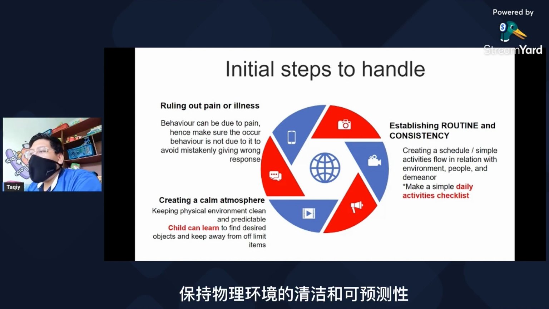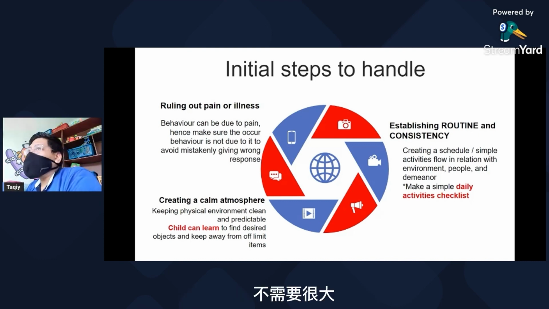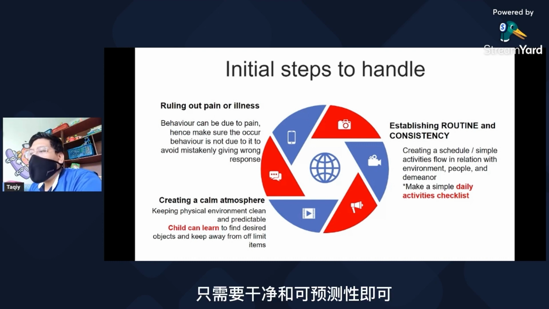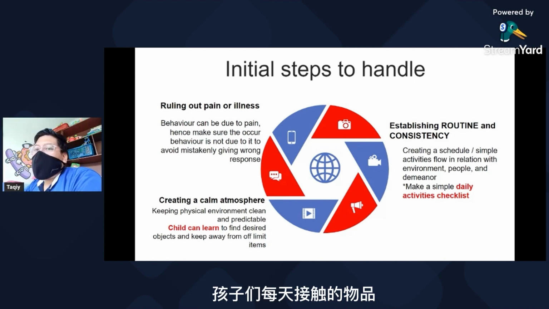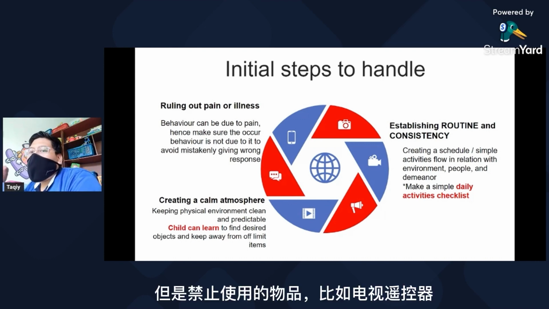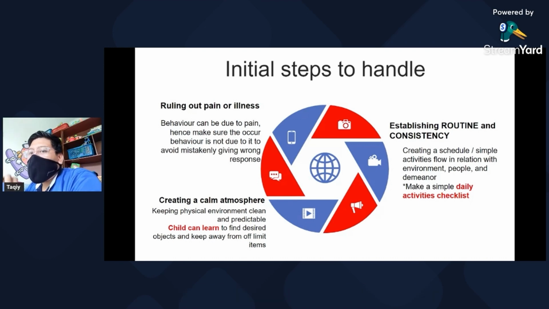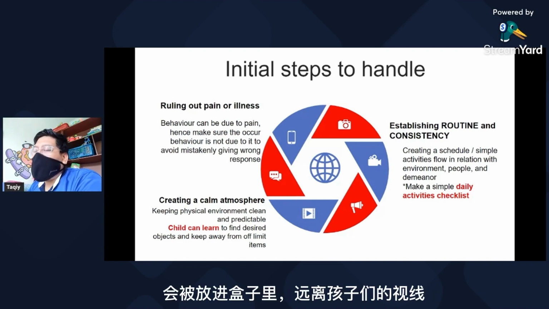This means keeping the physical environment clean and predictable. It doesn't need to be large, and it doesn't need to be too small. It just needs to be clean and predictable. Everyday items that the child interacts with, usually the toys, are in a place where they are easily reachable and can be seen. But off-limit items, let's say the TV remote, are kept in a box and hidden away from the child.